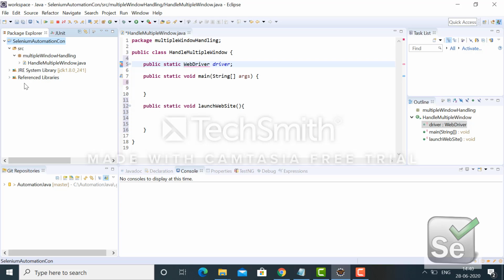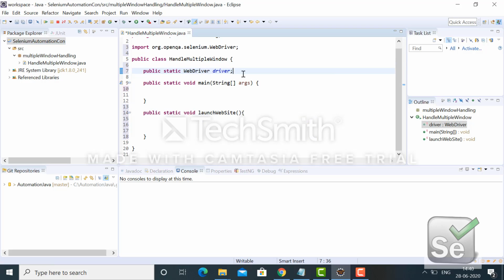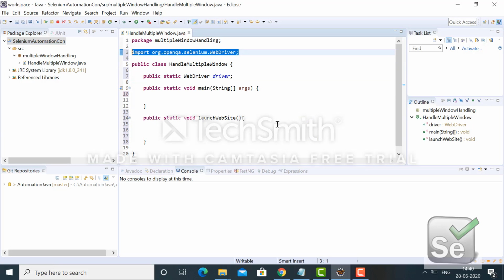Now if I hover over, it says I have to import this WebDriver, which comes from org.openqa.selenium. I have imported it here. Now I have to specify the driver.